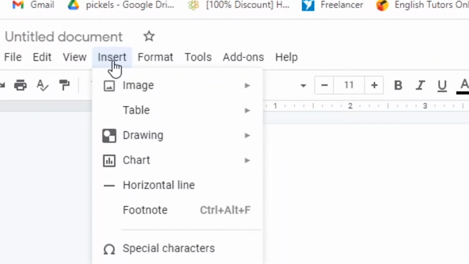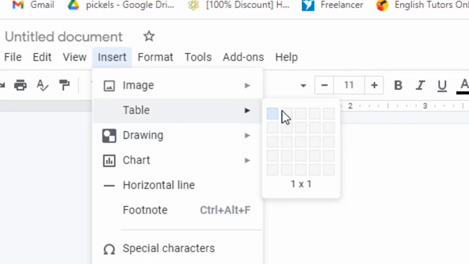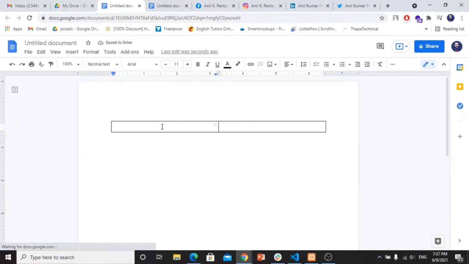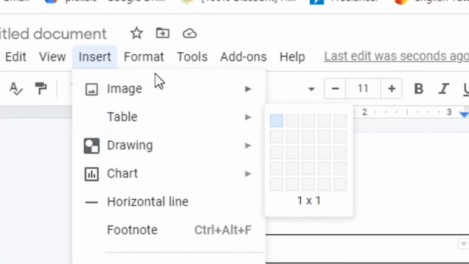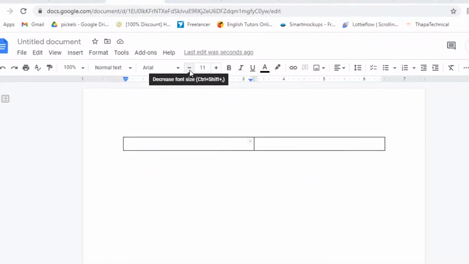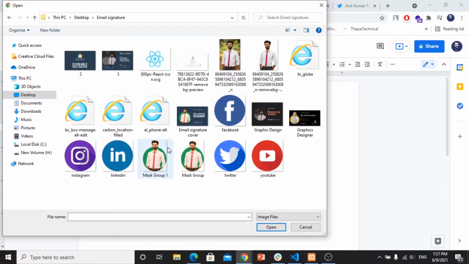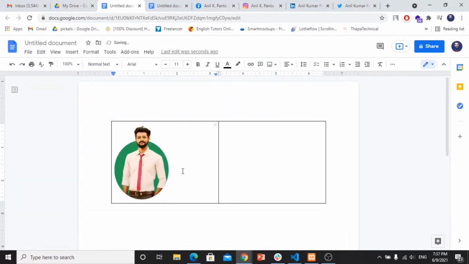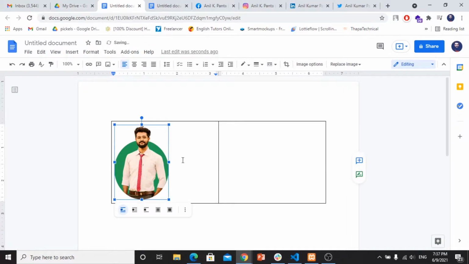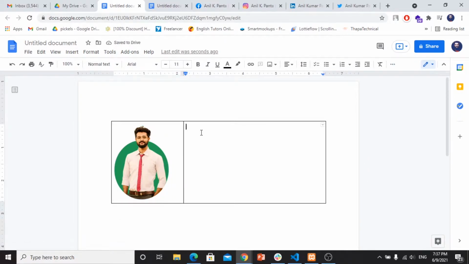I will insert a table of 2 by 1. In the first column, I will insert an image. I will upload it from the computer. I already have an edited image, or you can choose any image you like to add to your signature. In the second column, I'll be adding some text and some icons, like my name, my services,